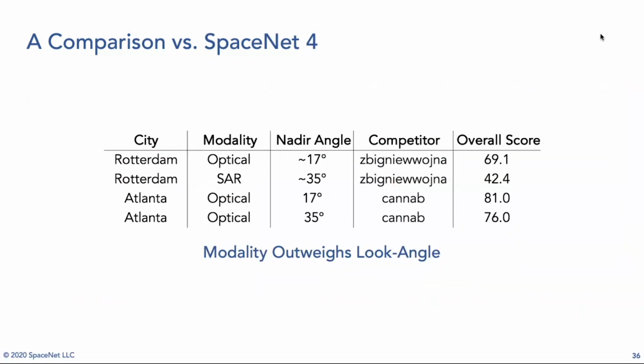So comparing directly with SpaceNet 4, looking at this table, we have our cities. So Rotterdam versus Atlanta, SpaceNet 6 versus SpaceNet 4. We have our modalities. Obviously, we only have optical data with Atlanta. And we also have our off-nadir look angle here, so how the ground is being observed and from what look angle it's being observed. We also have our competitors, so our winner Woj and also Kanab, who won SpaceNet 4. So you can see the overall score here, looking really at this 17 degrees off-nadir look angle first. For the two optical collects, you can see that Woj's performance is actually slightly lower versus Kanab's performance at 17